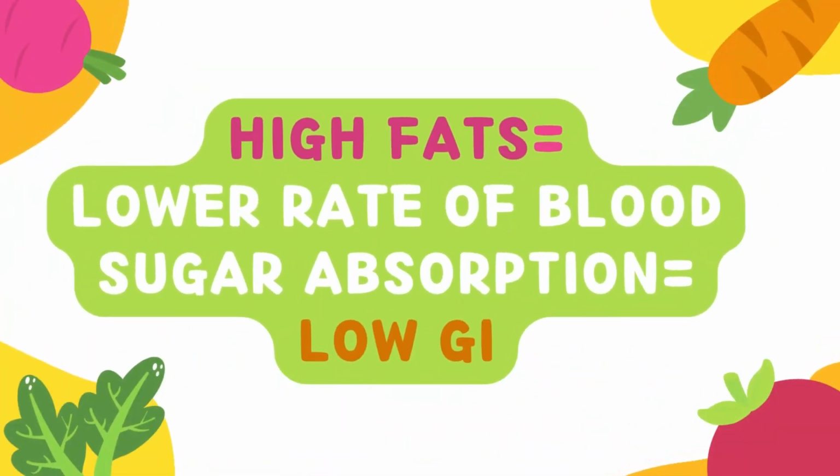And that also makes sense because I don't know if you followed my previous video, but I explained that when carbohydrate food is eaten with fiber or fats, again the blood sugar absorption is lower within the bloodstream, so you don't get that spike. But what got me really curious was that in the low GI category, pizzas and pastas